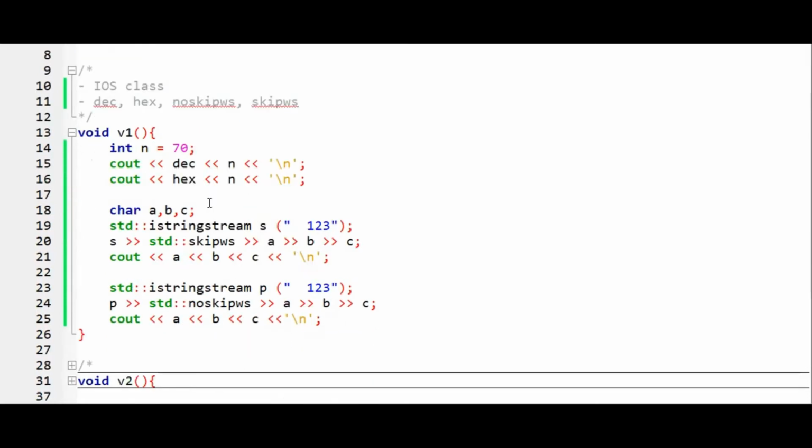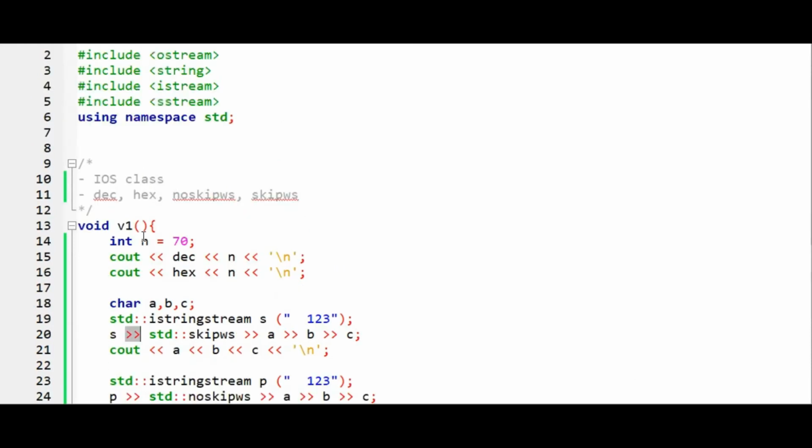By using that you can create a string stream. Over this string stream we are using the extraction operator, because we generally use it with cin. The previous one was the insertion operator.